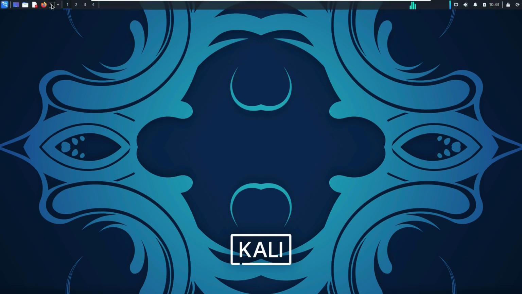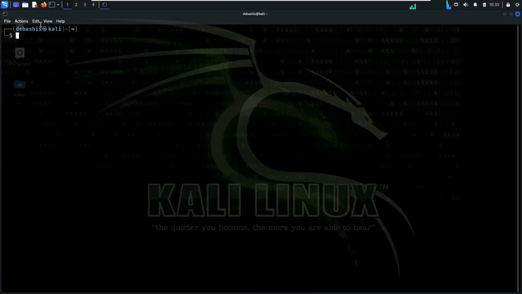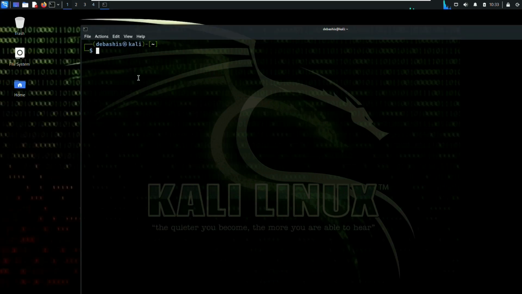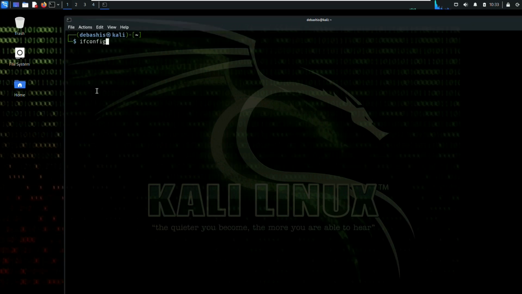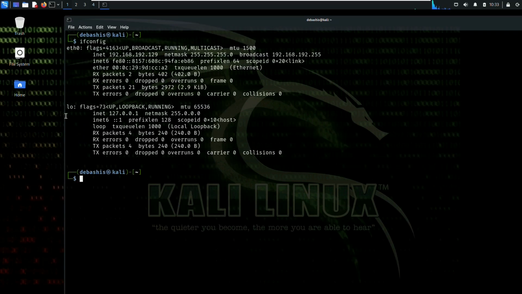So to do the basic enumeration, I'll let you know that I have my Symfonos machine running in host only in VMware, and I also have this Kali machine running in VMware, and both are on host only. So I'll just run ifconfig. This is my IP, you can see right here, and to find the machine, I'm just going to sudo